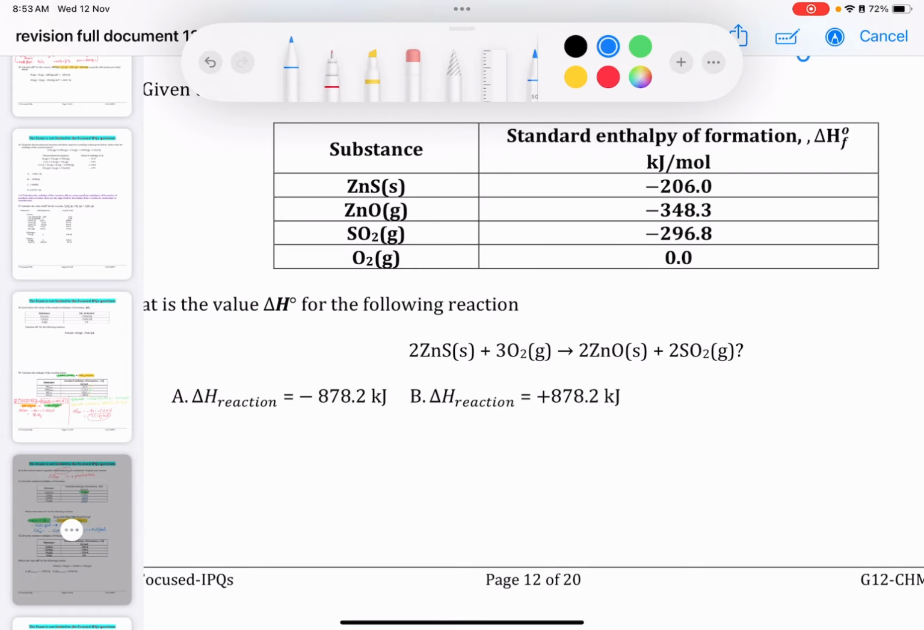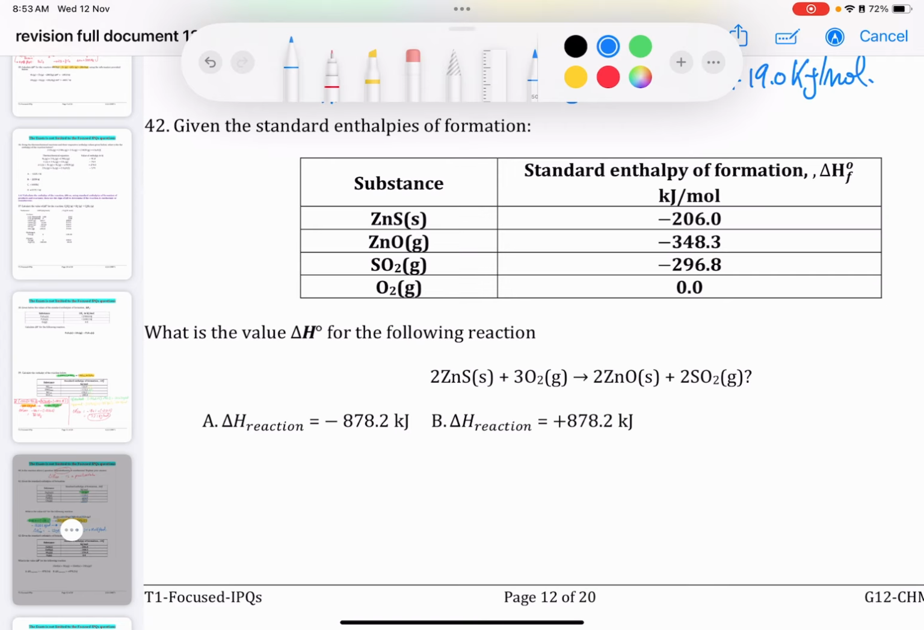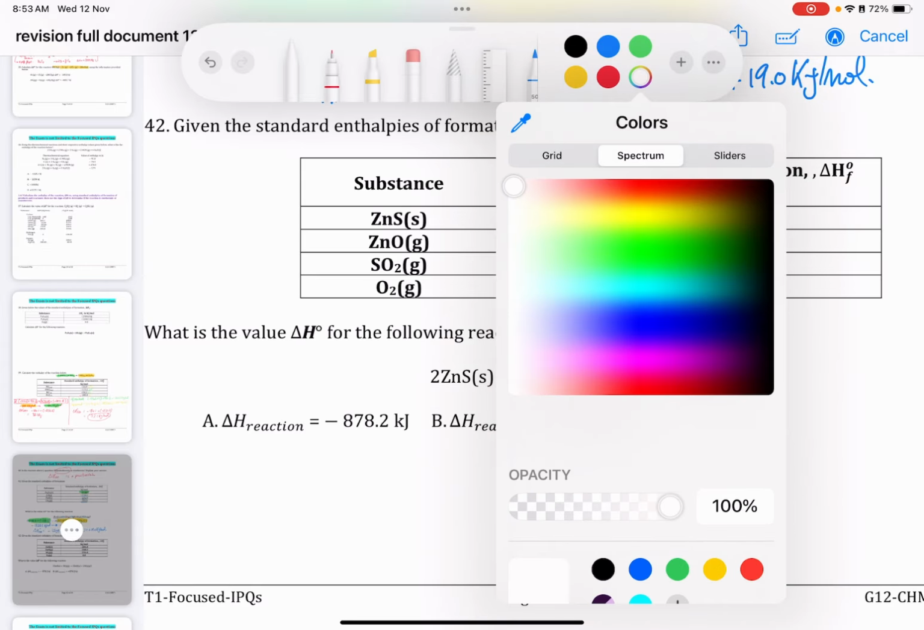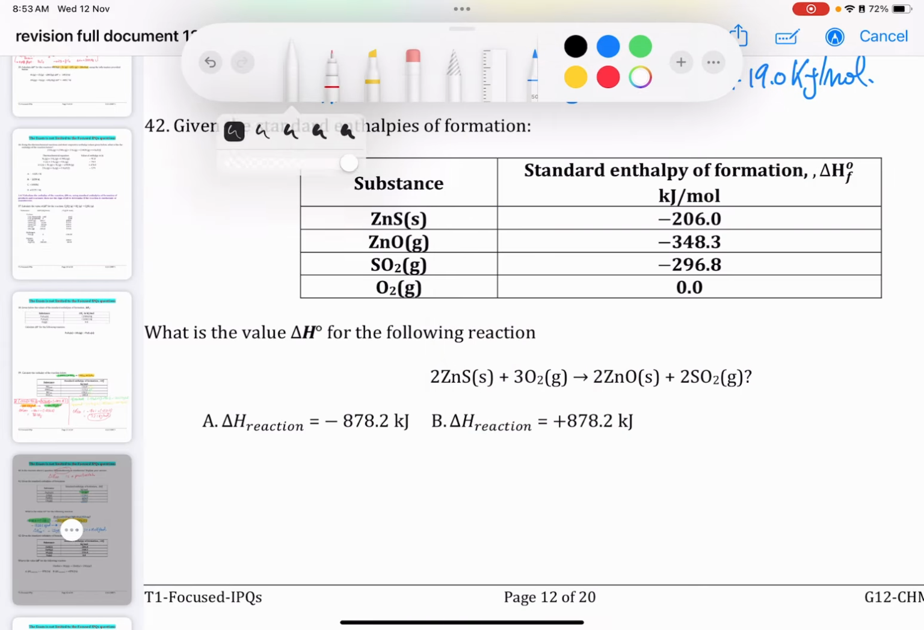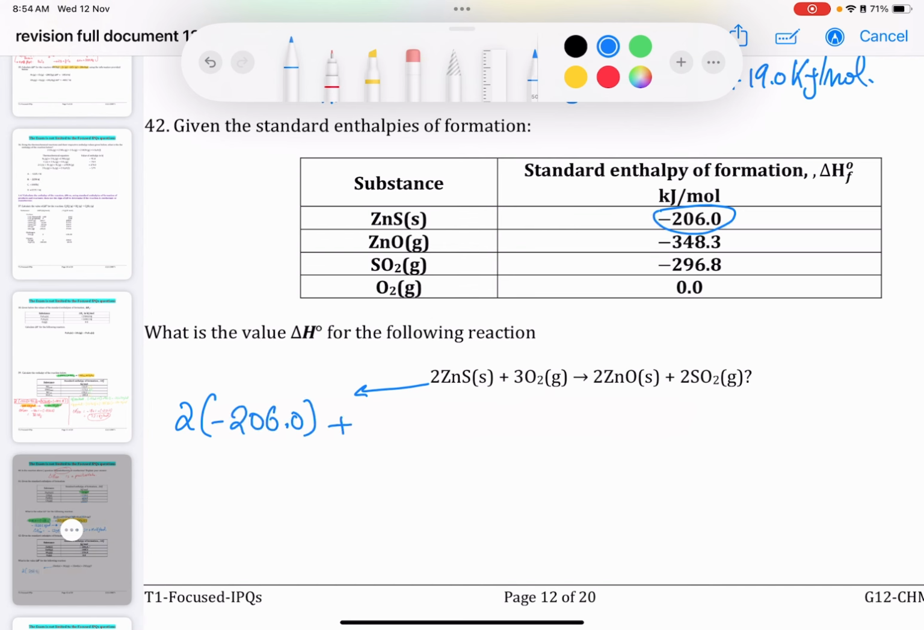So this one, the enthalpy, it's a multiple choice question. Again, I'm just going to highlight here so that I can give myself more space. Okay, so here we go. 2 multiplied by zinc sulfide